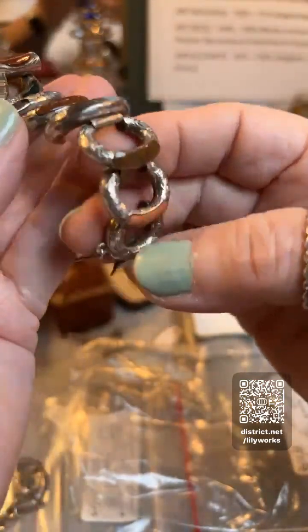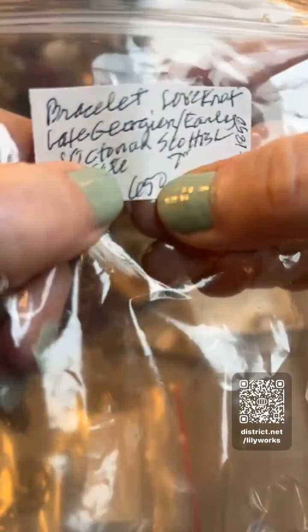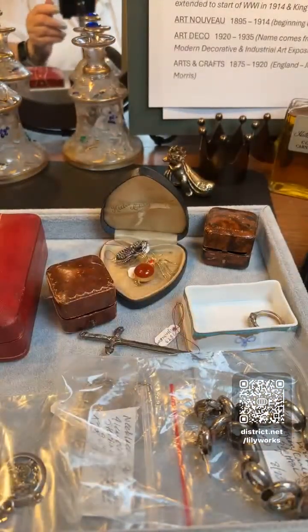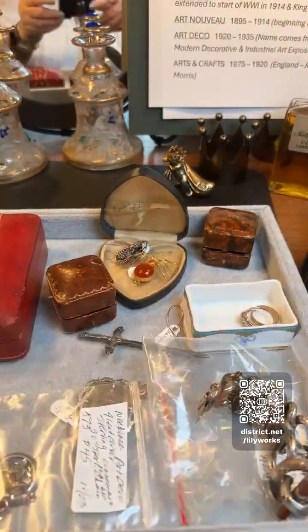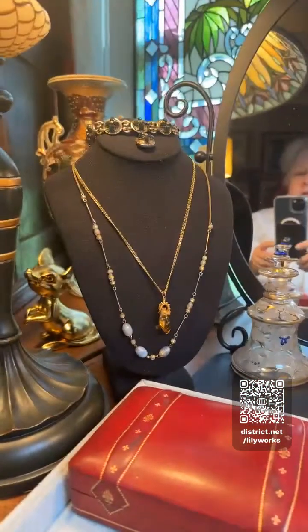I just haven't done it yet, but there's a sweet little bracelet. Let's see what I paid for that. $650. Y'all, this collection is an investment on my part, as you've probably figured out. That's why I said I'm putting my real money into